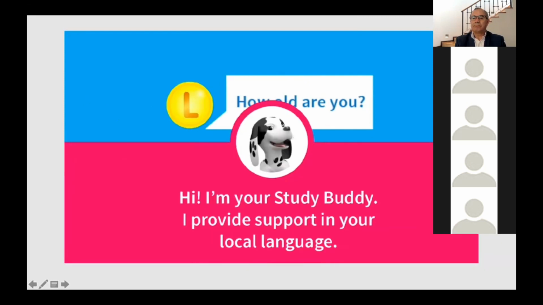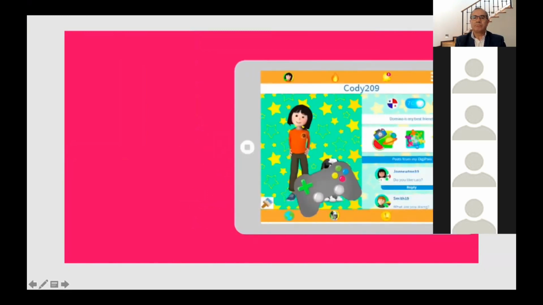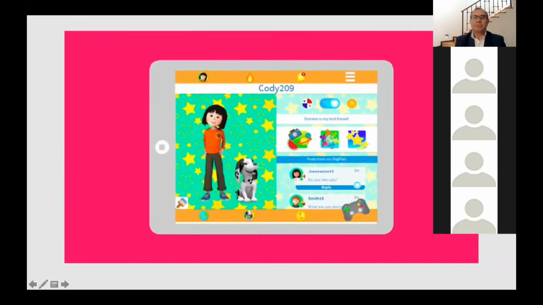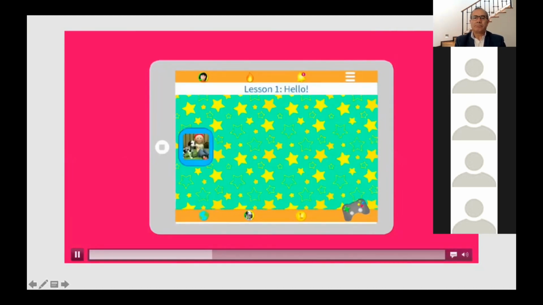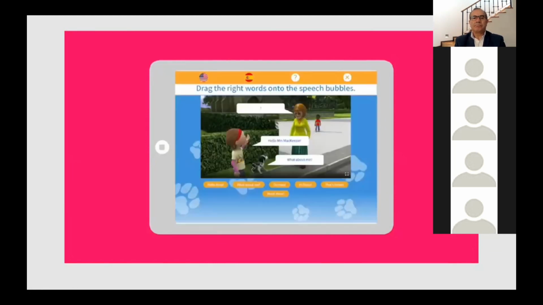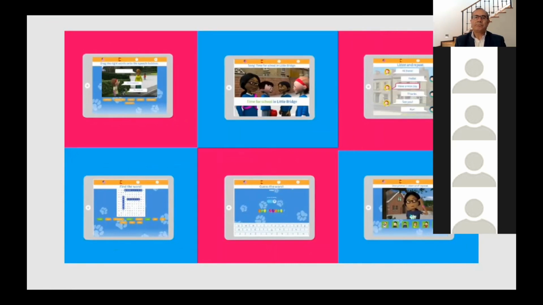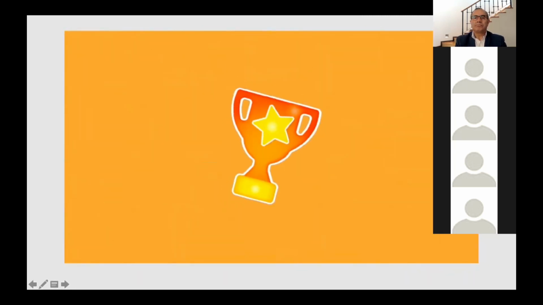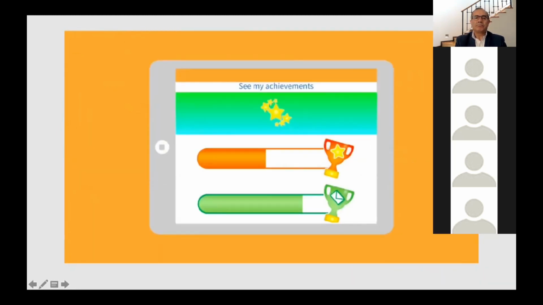And every child has local language support from their Little Bridge study buddy. Little Bridge activities are designed to reinforce key language points and to achieve defined objectives. They are delivered to each child according to the Little Bridge lesson they are currently completing. The activities include games, songs, puzzles, stories with audio, and listening and speaking practice, all designed to present new language and consolidate learning. Children receive rewards for success in the activities, and they can check their achievements anytime. They can see how their friends are doing too.